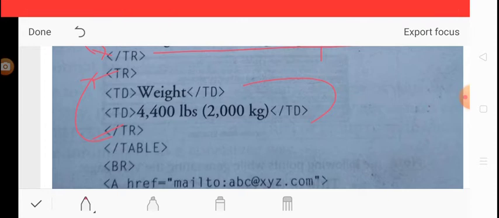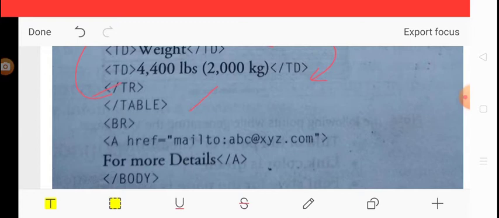And after that, the table tag is closed because all the data regarding all rows is written using TR and TD tags. Always remember that we write the first row data using the TH tag because the first row contains table headings.